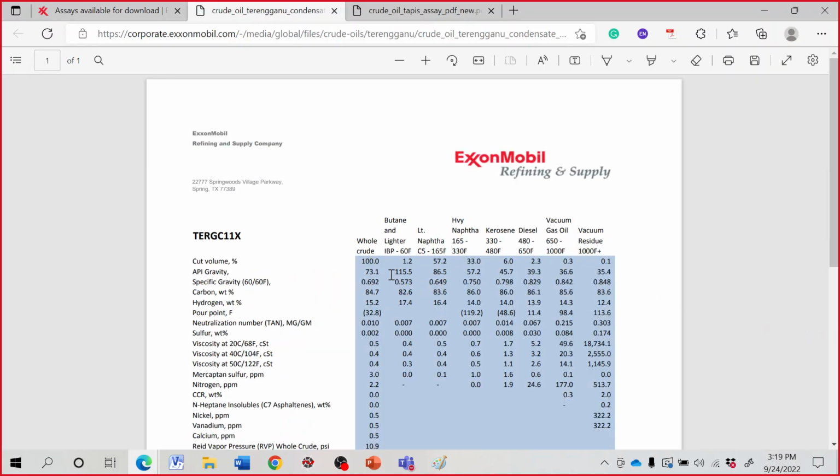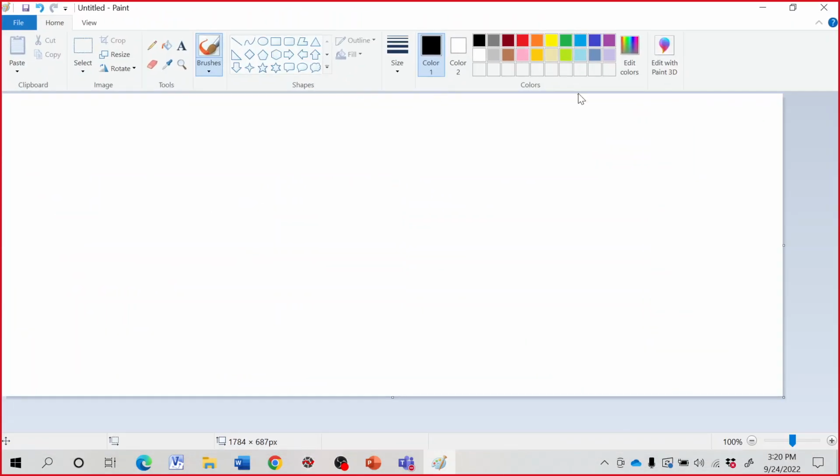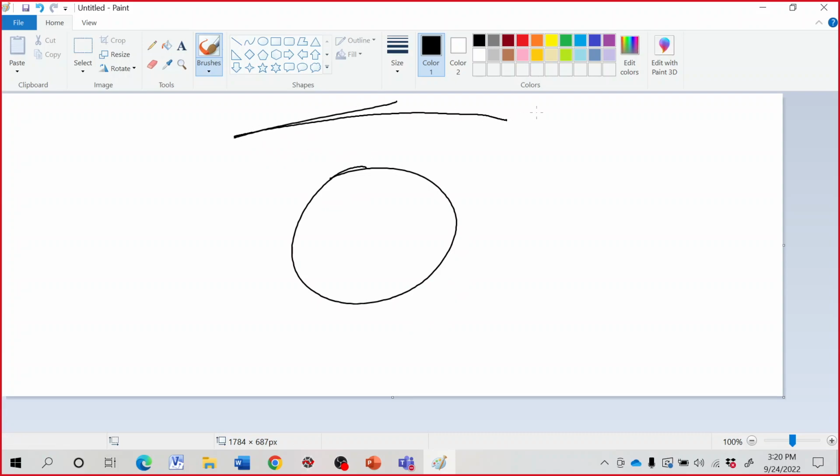So we can see the API gravity is 73. So it's very, very light, because we can see it's oil and gas. I'll draw something very simple. So you have this oil and gas, then seabed, sea, and then your reservoir. Very simplistic. You have this oil, and then you have this gas, and in some cases